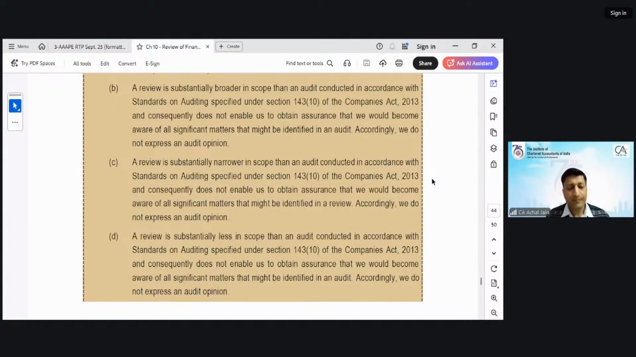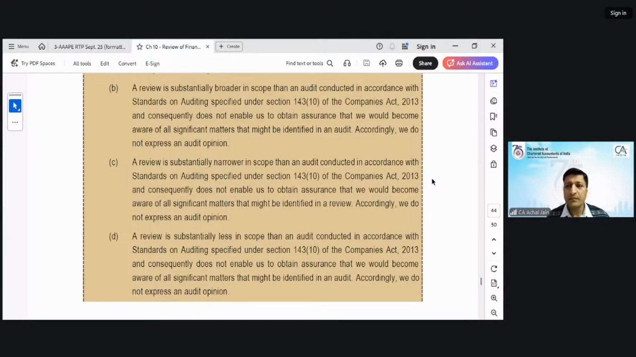Yes, sir. See, as we discussed, A and B is substantially broader in scope than the audit. No, no, it is not. Correct, actually, the review is lesser than the audit. Actually, correct. See, between C and D, narrower is where it is appropriate, but here in this case, identified